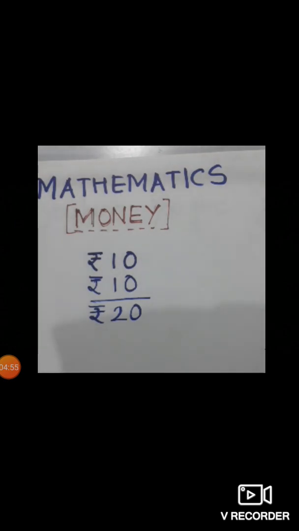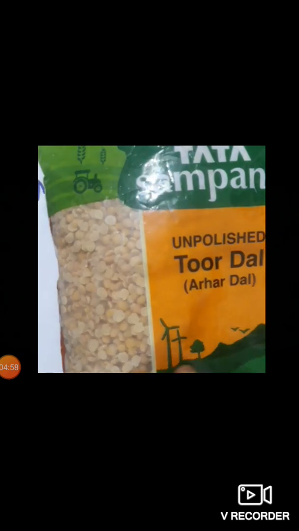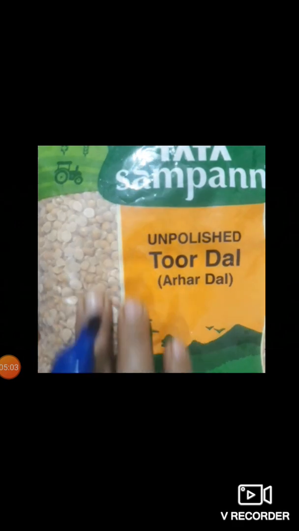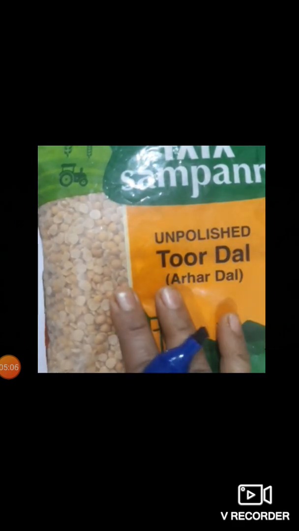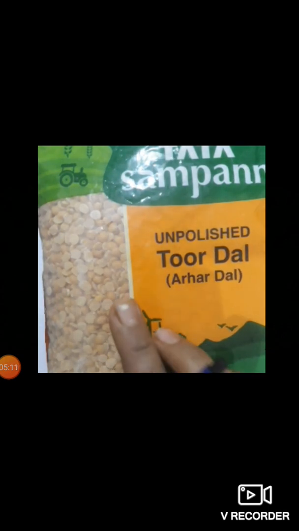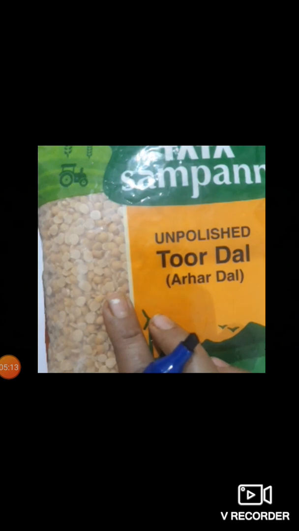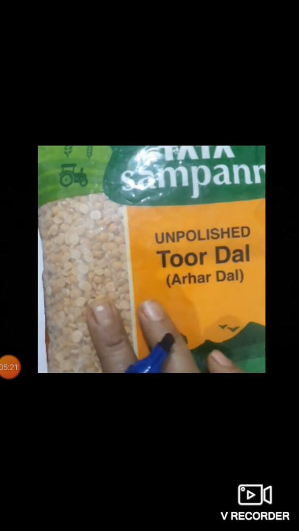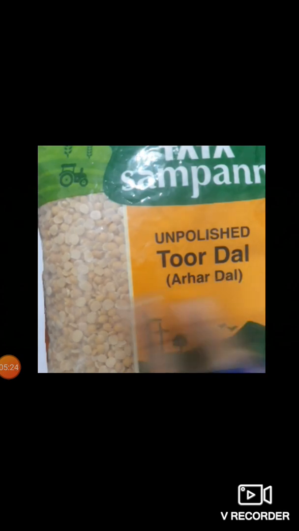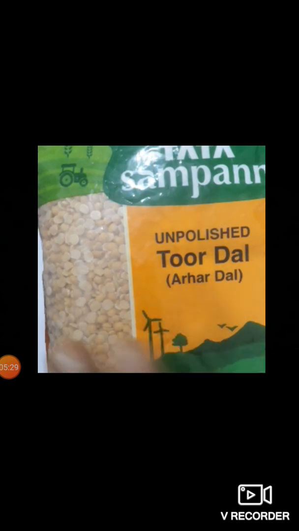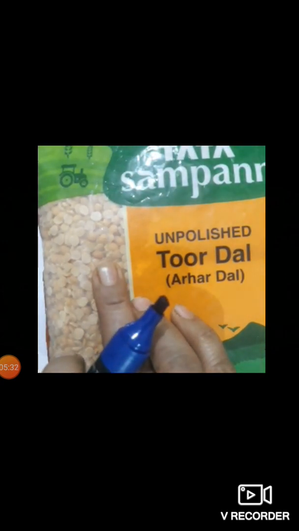Now we'll go for the bigger amount. You went with your mama to the big bazaar, and you bought tuar dal. I purposely took this to teach you that this is called dal also, beta. You might have seen this every day. Mama must be making it. The other word for this is arhar dal. In Hindi we say tuar dal. In English we say, what do we say? Gram. Gram का मतलब होता है this. Sorry, gram means chana. This is dal. There are so many dals, tuar dal, moong dal. You must be knowing, beta. This is the dal which mama makes every day.